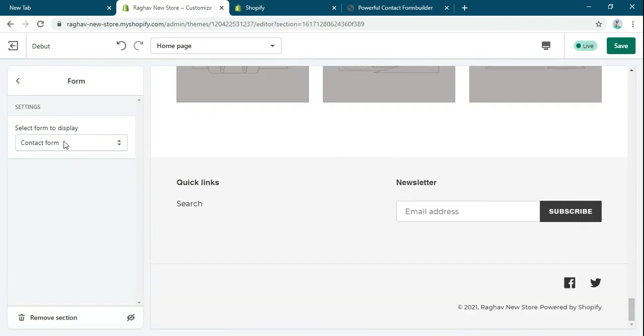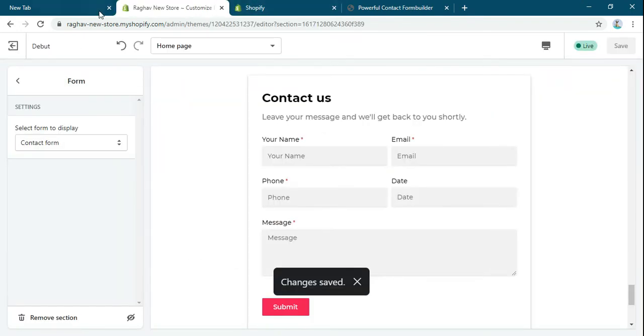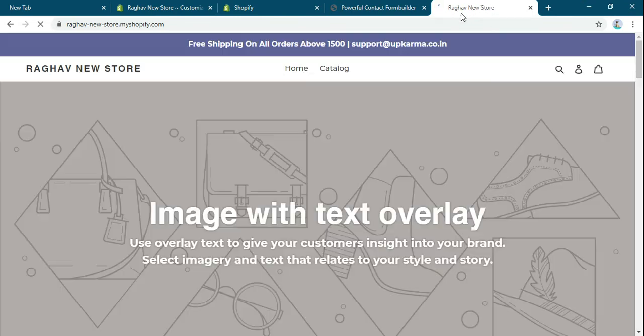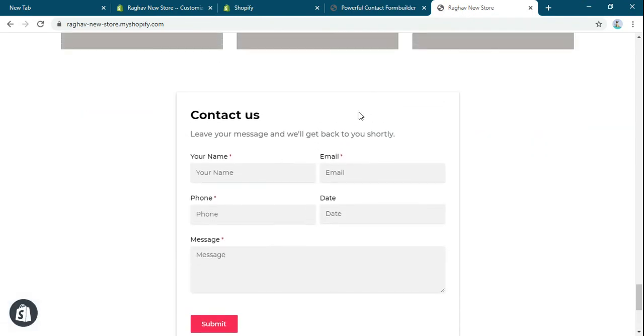Select, and this will show the form. We have only one form, so it is showing only one form. Save. Like this, the form is coming on the website.